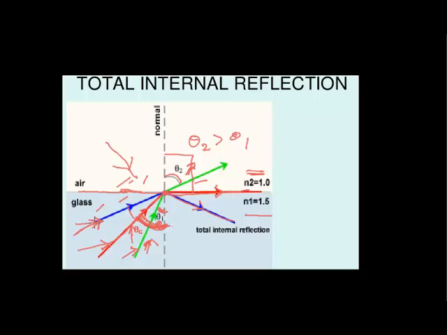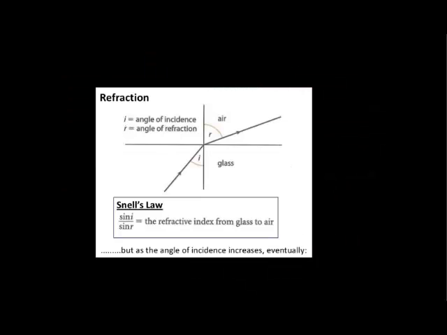So if we talk about this blue ray, this ray is satisfying both conditions. First is the light ray traveling from denser medium towards rarer medium, and second, the angle of incidence is greater than the critical angle. So this is the perfect ray, and it will follow this path using the concept of total internal reflection. So this is the concept of total internal reflection, and this is the reason why we take the refractive index of the core part in optical fiber greater than the cladding part.